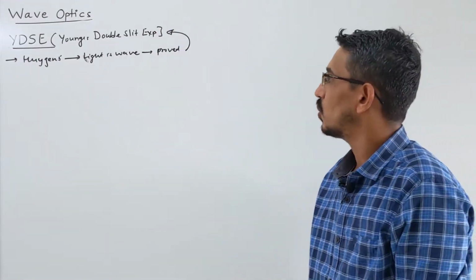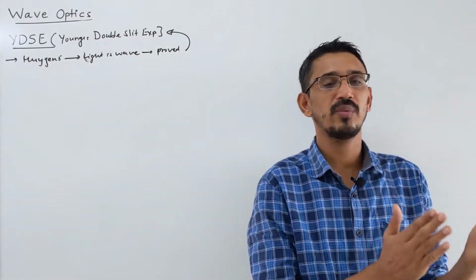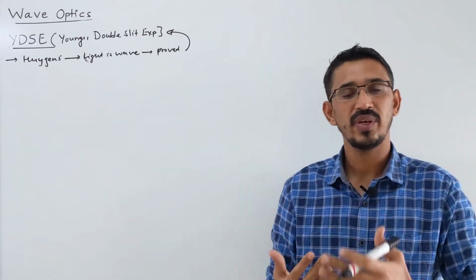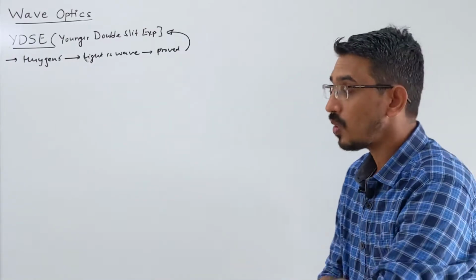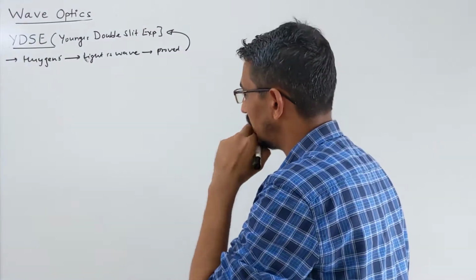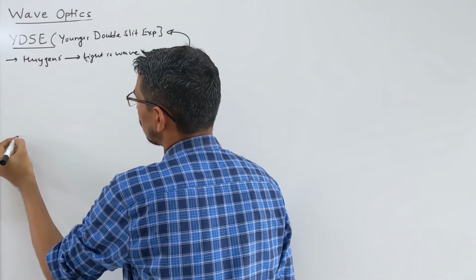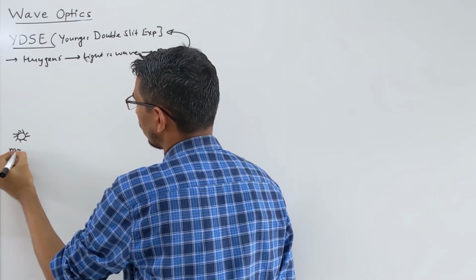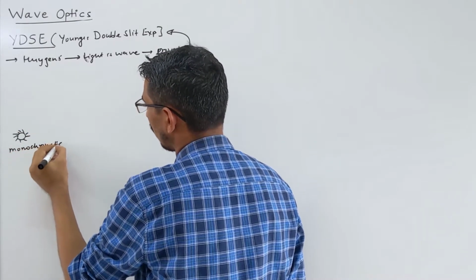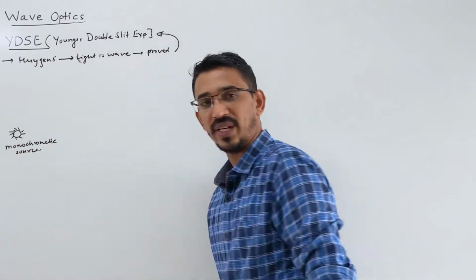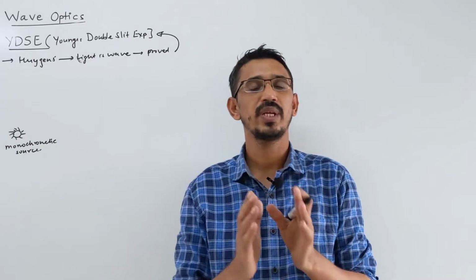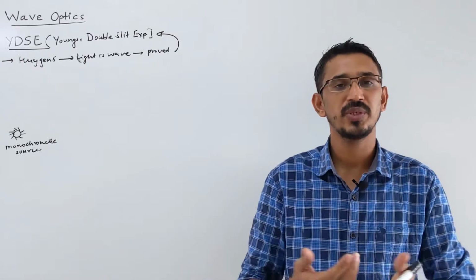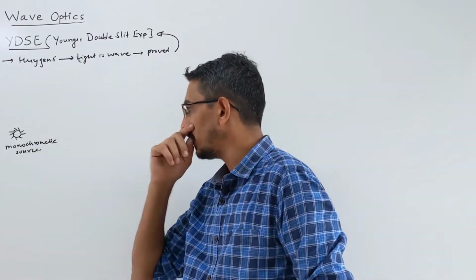So we have already spoken about these terms: what is a monochromatic light, what is a coherent source, which has exactly the same frequency and a constant phase difference. Now, how was this setup done? Look here. There was some source of light, and it is a monochromatic source. It's not a white light source, not normal light, it's monochromatic, only one type of radiation. Like your laser produces monochromatic radiations.